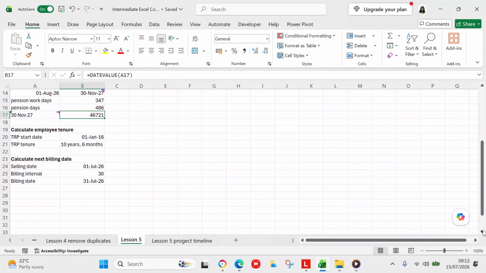So we're going to do a little exercise here. So we're going to say calculate employee tenure. So I started working at a job on 1 January 16. So my tenure is, you type DATEDIF, brackets, B20, comma, NOW, comma, "Y" for year, and "years",